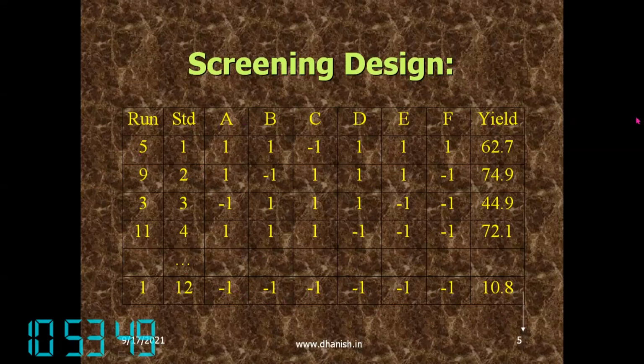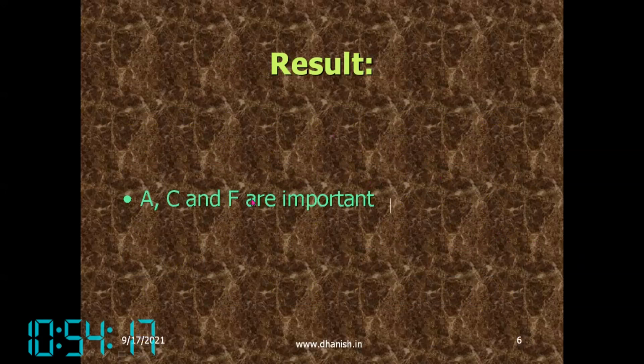Okay, so for each combination you find out the yield. We do a total of 12 runs and find out the yield for each combination. And then we see where the yield is high. So the optimum condition, since we are trying to maximize the yield, is close to this reading, whichever is high, and then maybe we modify the levels accordingly. So we test statistically and identify the most significant factors.